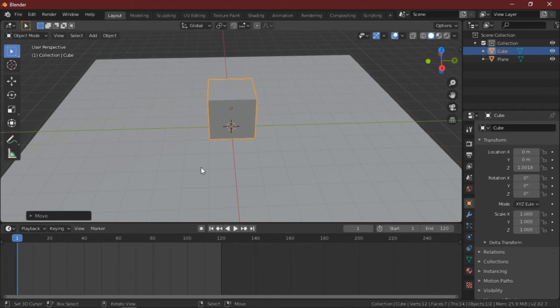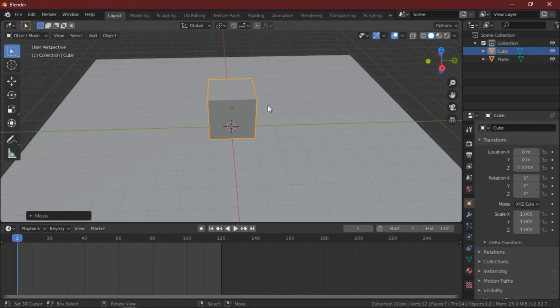Keyframes basically tell Blender at a particular frame the location of an object or the properties of an object. So we're basically telling Blender, on the first frame, I want my cube to be here. And then on the last frame, I want my cube to be here. And what Blender will do is, for each and every frame in between those two keyframes, it will calculate the position of the cube. So basically all you have to do is define the starting point of your move and the ending point of your move, and Blender will